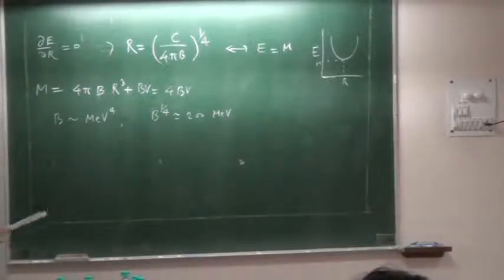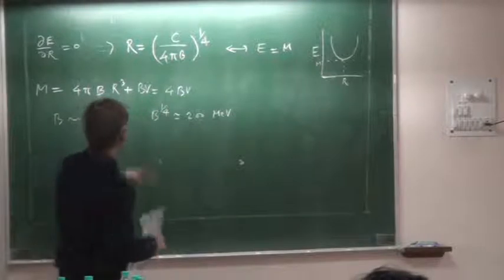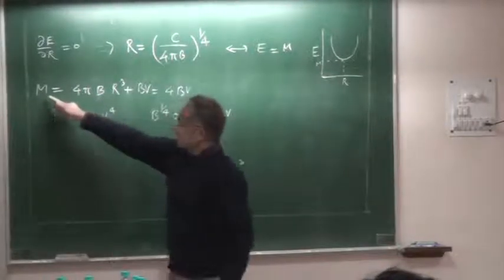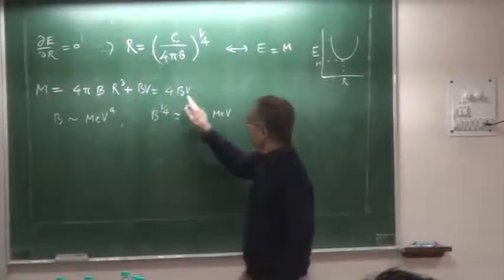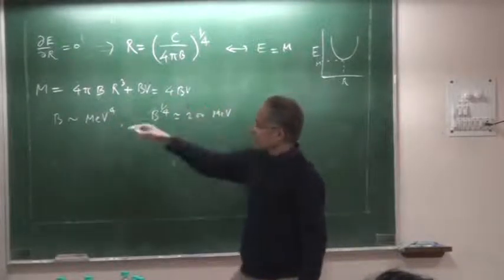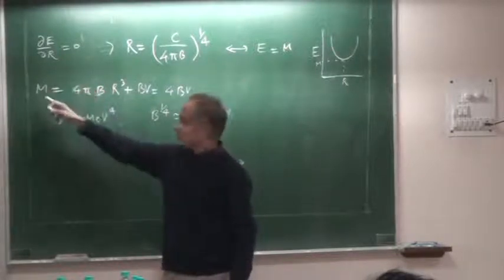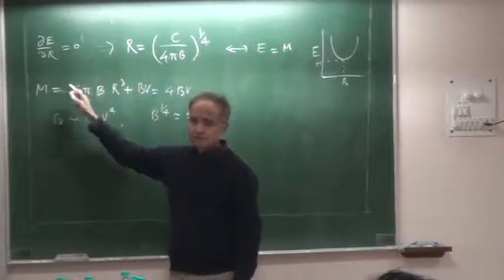So, how is B MeV to the power 4? Dimensionally, let's look at this. M is like energy. You have this volume, which is L cubed. So L cubed here would be one energy factor, and another energy cubed coming in. So one energy was already there and energy cubed.